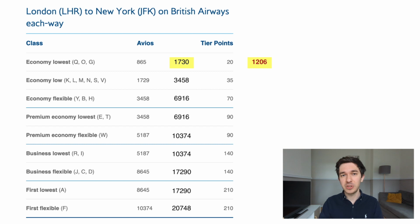Of course, you can bridge some of that gap, or maybe even all of that gap, by buying additional services such as paying for your seat selection or additional luggage or whatever. I similarly looked up prices for other fare types and did the same calculations, and as you can see, the gap for an economy class ticket with checked baggage included is even wider, and it's especially wide for the premium economy ticket, where the difference is almost 3 times, meaning that the new system earns you almost 3 times less Avios